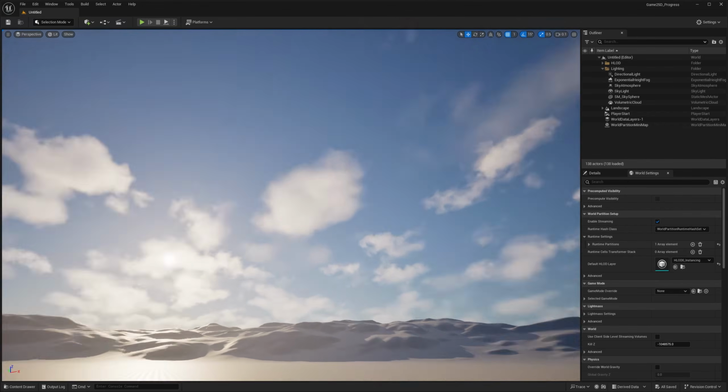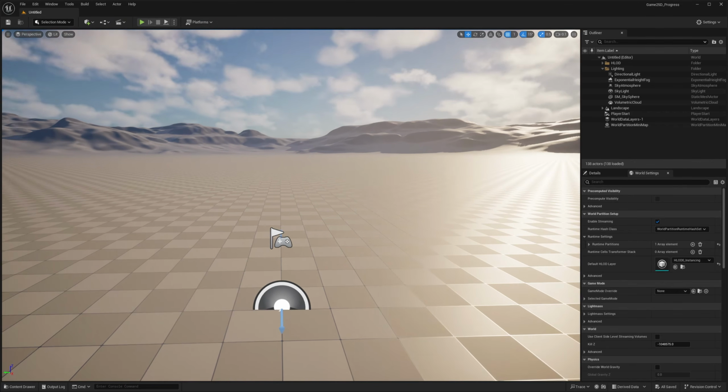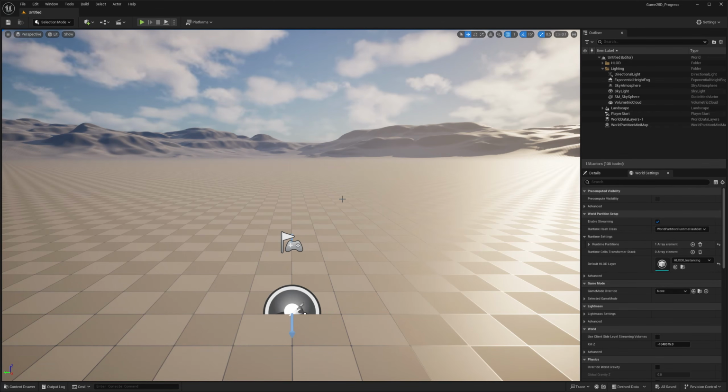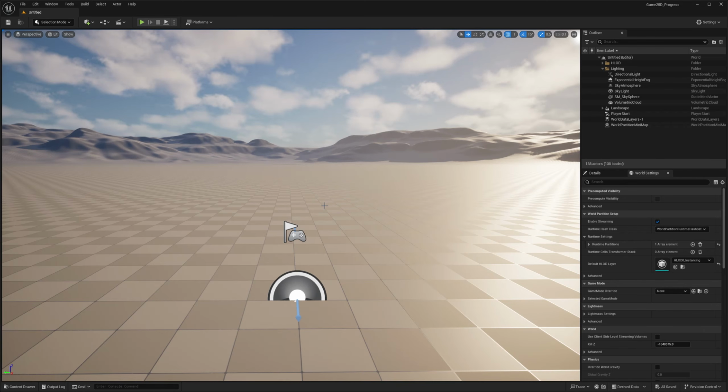It's not truly volumetric clouds until you enable it. So a lot of cool features are behind plugins. It's a good thing because we enable as we need and as we go. We don't need to have a super heavy engine with all the stuff enabled by default. It's already quite heavy, to be honest. So it's saving a lot of memory by allowing us to pick and choose what exactly we need.